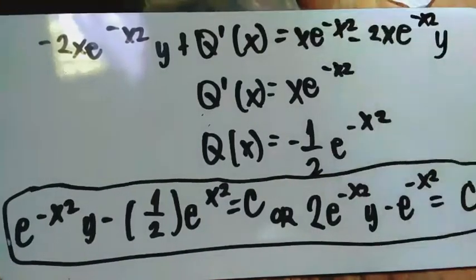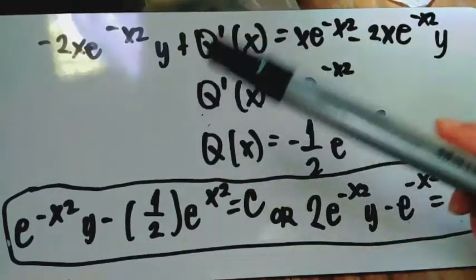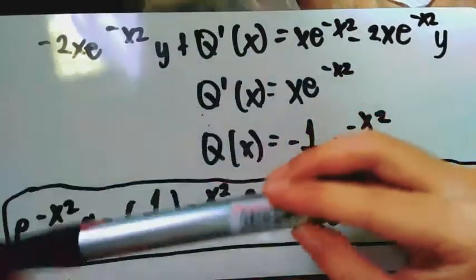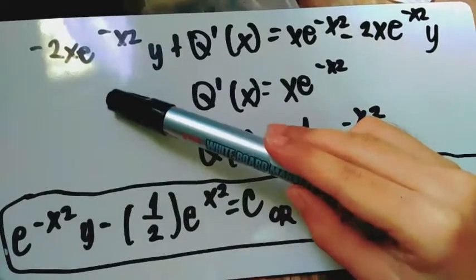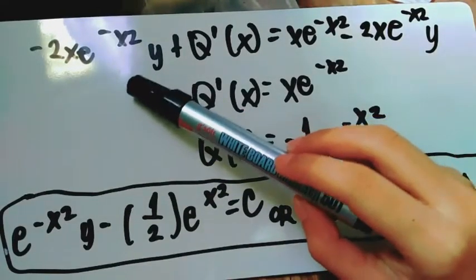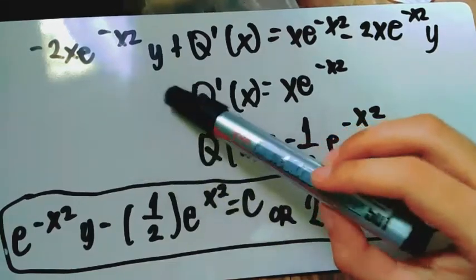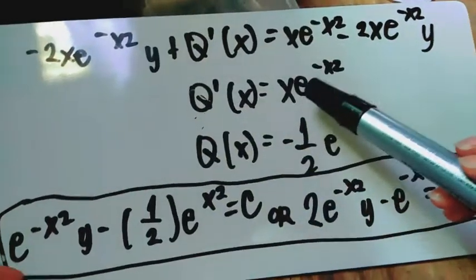After getting our partial with respect to x, we now have negative 2x e raised to negative x squared y plus g prime of x is equal to